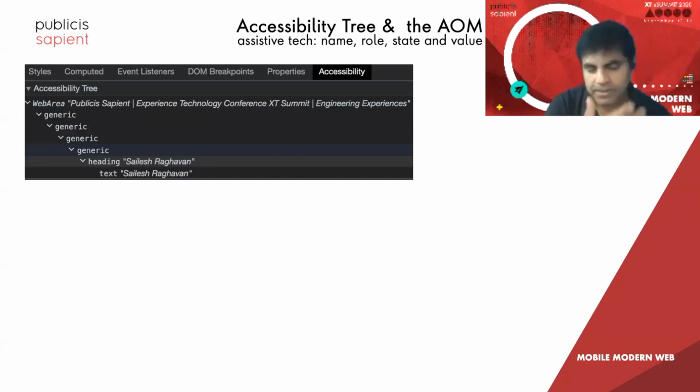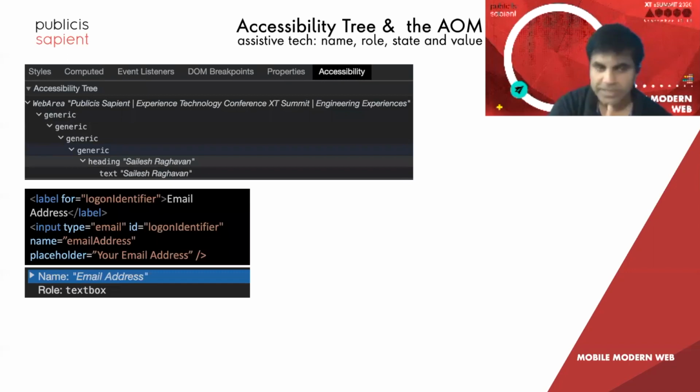Now, this is available in the Chrome toolbar. If you go into the style segment, the last tab is generally accessibility. If you look at it, this is the accessibility tree that gets generated. This is from the xtsummit.com website itself. I am on the speakers page, and I've clicked on my name and right-clicked, and this is where I get to. This basically calls out the hierarchy in which the DOM is generated, and similarly, the accessibility tree is also created. Now, there are corresponding values that you can identify and modify to understand how an accessibility tree is generally